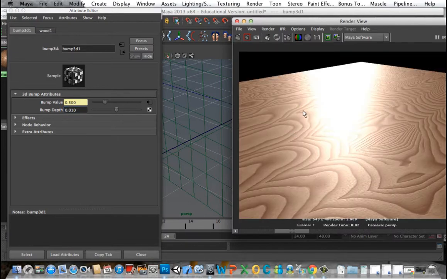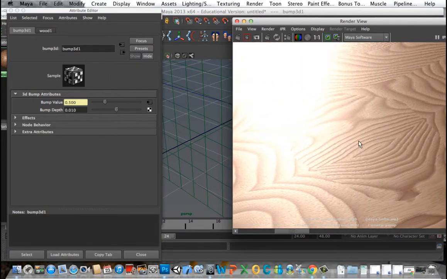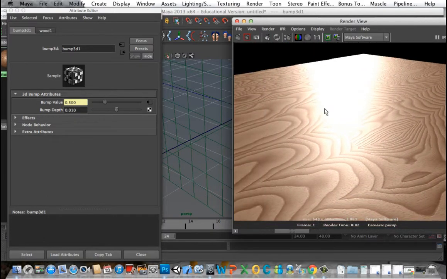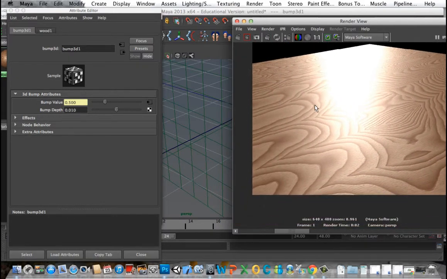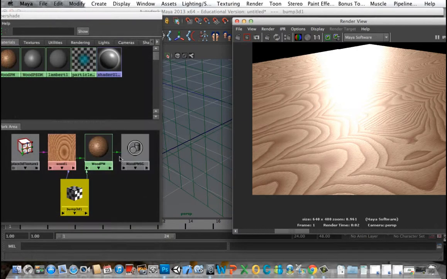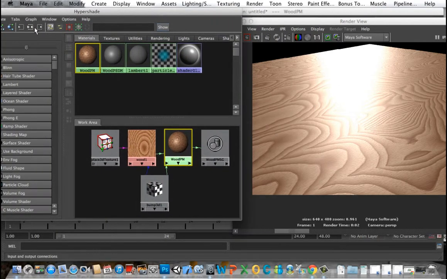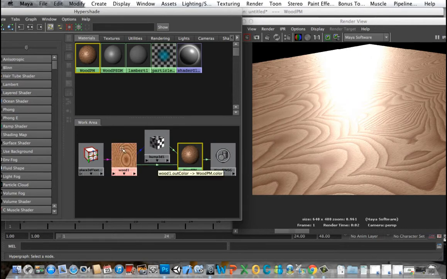Okay, so there we have just a tiny touch. It's just a subtle little thing in there. But it's a lot of little subtle things that make something look real. Okay, so far so good. Next,